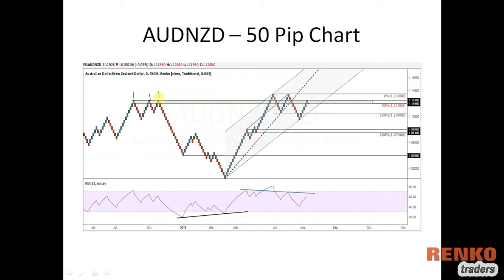Right here, and then we've got another attempt to break this resistance, which resulted in a double top pattern right here. We've got the base of the double top pattern at 1.1048. Price briefly broke through and managed to find the support, and then we saw a rally again back to the resistance level. Now, as of Friday's trading session, which is the 7th of August, price attempted to break this